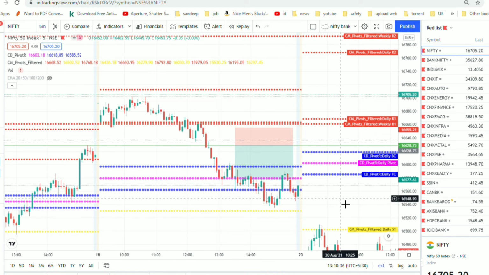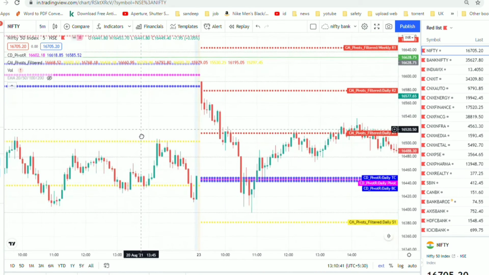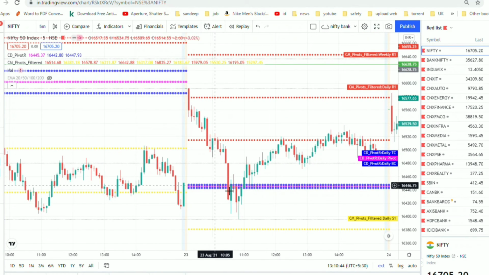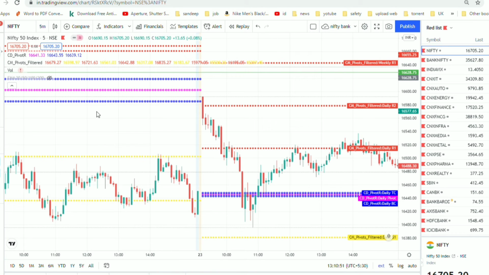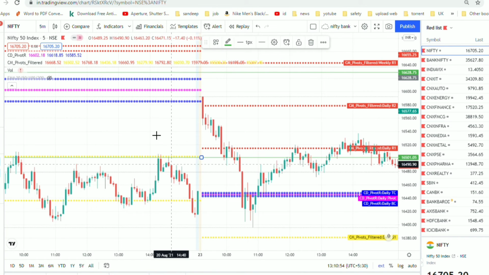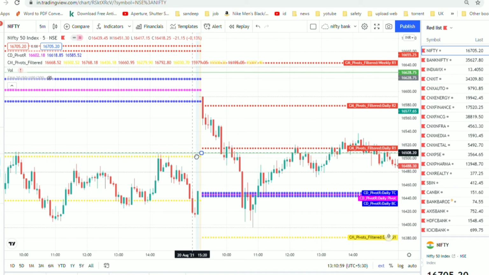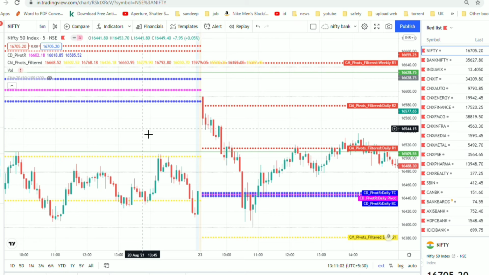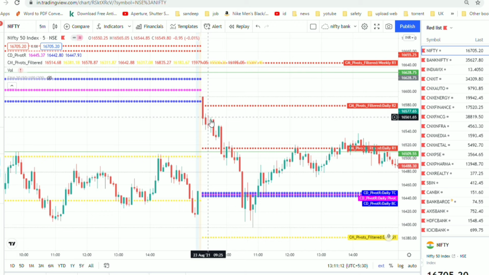Okay, now I will show you another example. Here you can see on 23rd, this is the narrow CPR which I was discussing. See how the trend was there. Again, the strategy I used: the day before, I made this one, and this is the wick you have to take in case of the filtering. This is very important. I was just waiting for the trend to come down. I didn't short it here because I would not want to take the risk. You can't predict whether it will go up or down.